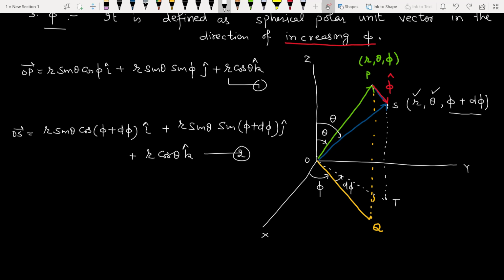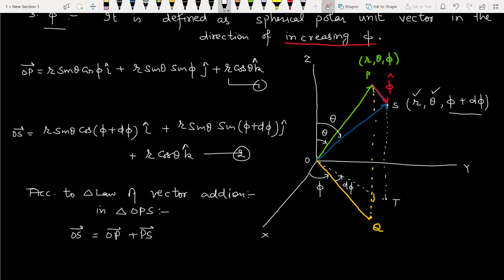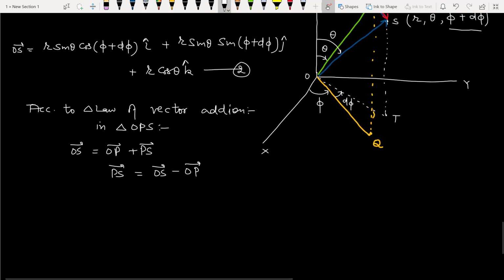So applying the triangle law of vector addition, in triangle OPS, OP and PS are in the same order, OS is in the opposite order, so it is OP plus PS. So the PS vector becomes OS minus OP. So if we subtract the two, we will get the PS vector as